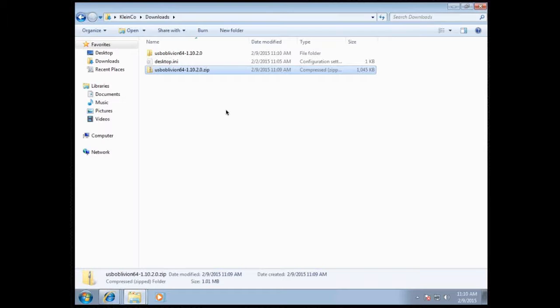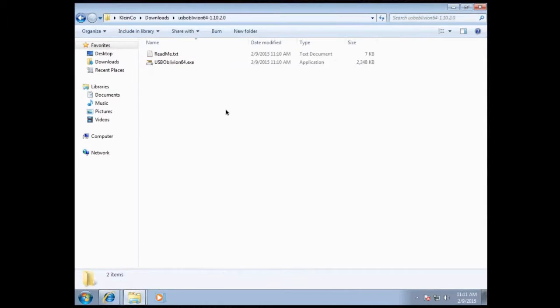So again, we're starting to see context that we can use around the use of this product. If you look in that folder, you'll see there's that executable, USB Oblivion 64.exe. You might notice it's a standalone executable. You don't need to install it. So again, later on when we look at execution activity, we'll see here's a program that this user downloaded and ran from that location at a certain time. Again, pretty incriminating. It also provides a handy README file, so you can go through it and look at what